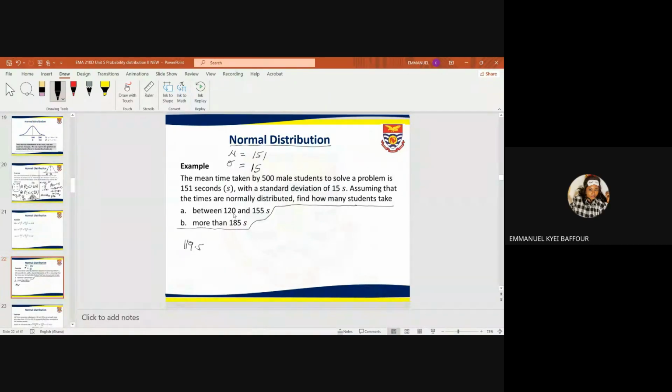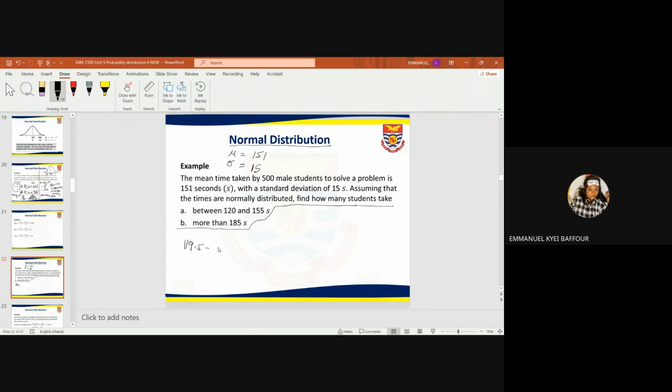This is a continuous distribution, and all figures that are between 119.5 up to, let's say, 119.9 will be rounded to 120. So we have to cater for that. So that is going to give us